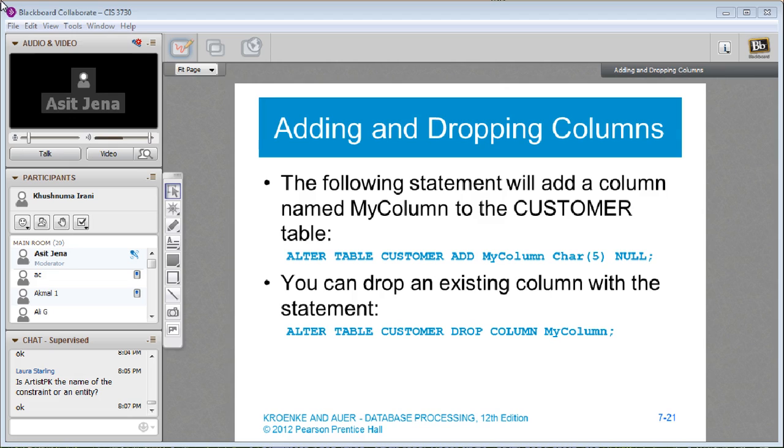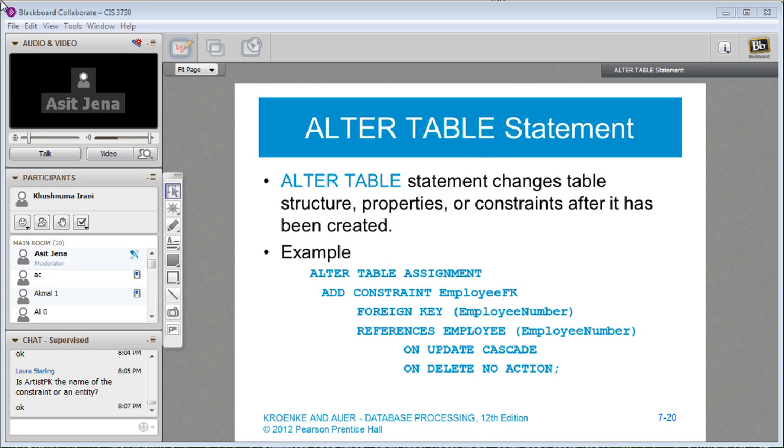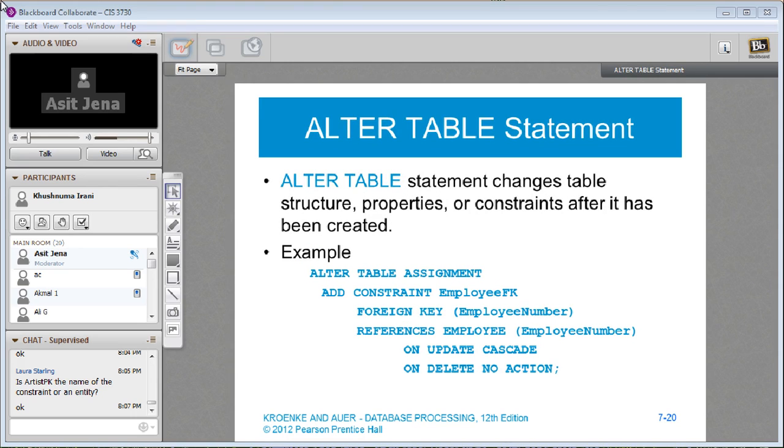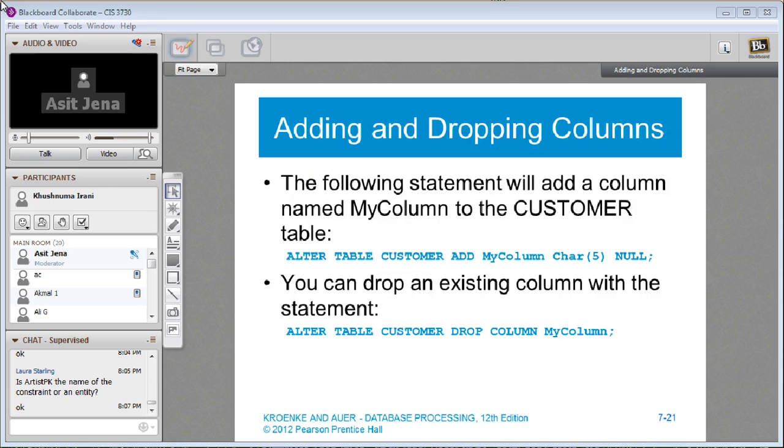So if you think of the 3 things we do: we alter a table to add a column, we alter a table to remove a column, and in the previous example we altered a table to add a foreign key constraint. Those are the 3 kinds of altering table. These 2 are very widely used. Constraints, rarely. So if you know these things, that's what I'm looking for. If you can do a constraint, great. But these are the basic things you need to know: that you can alter a table after the table structure has been created. You can add a new column, or drop a column. And that's what most of the time we use.